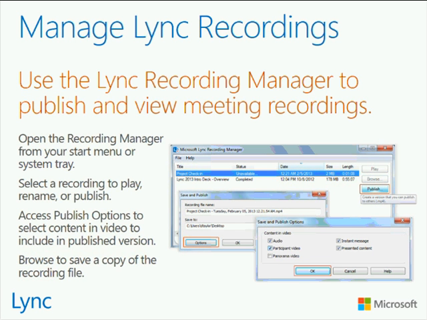Further, you can make some choices by clicking where it says Options. These Save and Publish options give you the ability to decide, again, which meeting elements you want to have included in the playback. So, for example, do you want instant messages or things that have been added to that conversation window to display in the recording playback? You might or might not. At the very least, you want to have your presented content and, I imagine, meeting audio included in that recording playback. Once you do that, you can click OK,